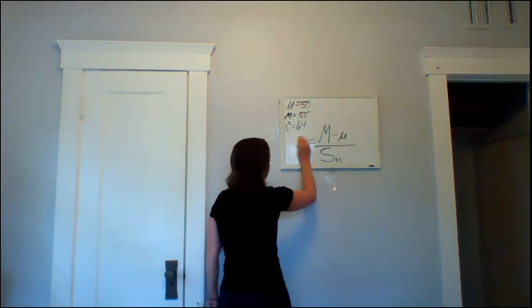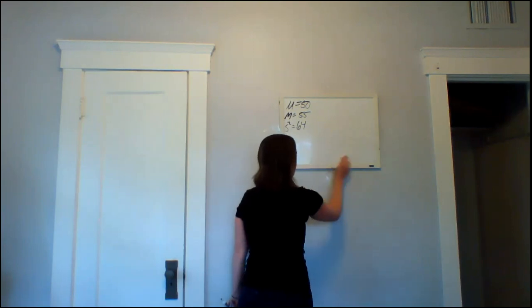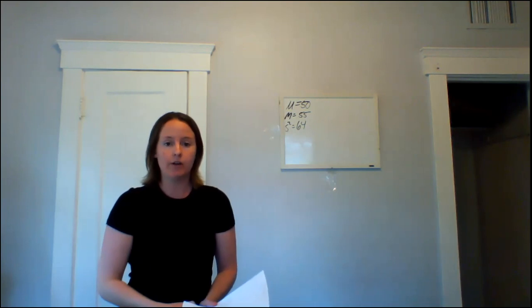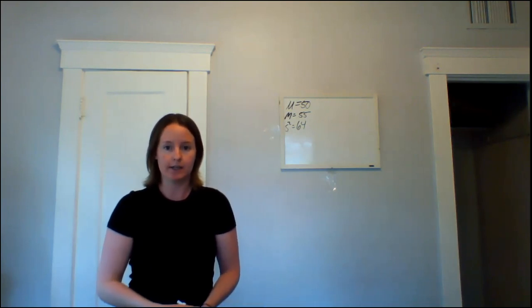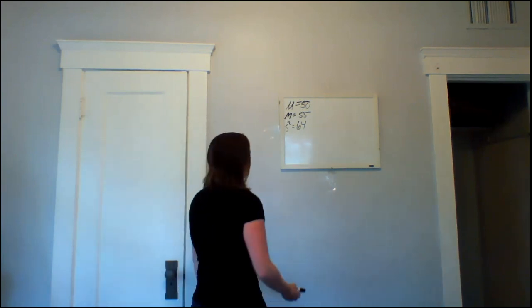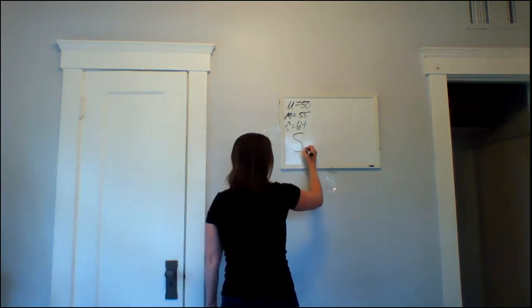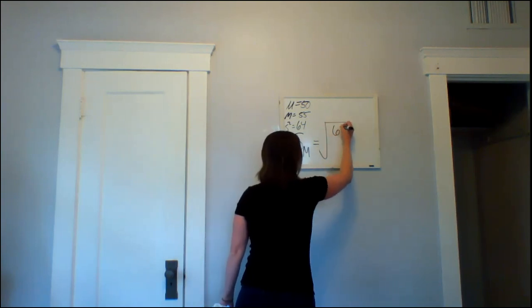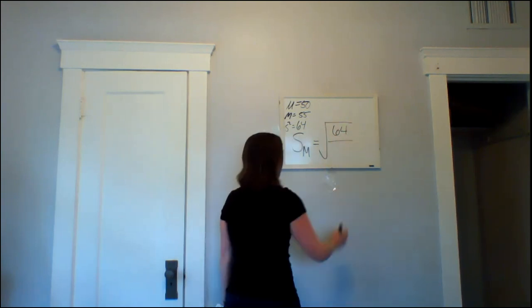I'm having to do a lot of erasing here because there's just not a ton of room available. I'm going to use our variance-based approach to calculating standard error because we're given the variance and it's just straightforward. So the standard error is equal to the square root of 64 over our sample